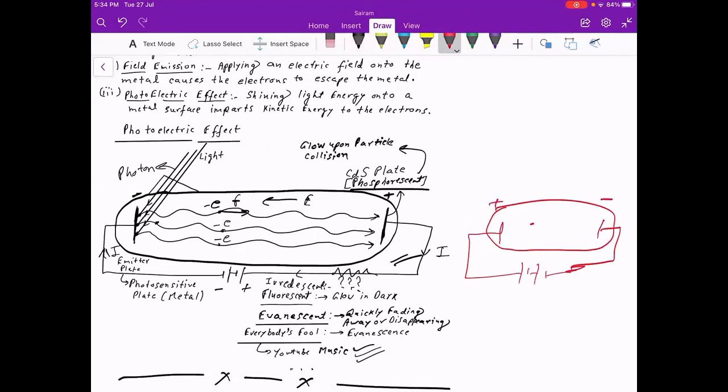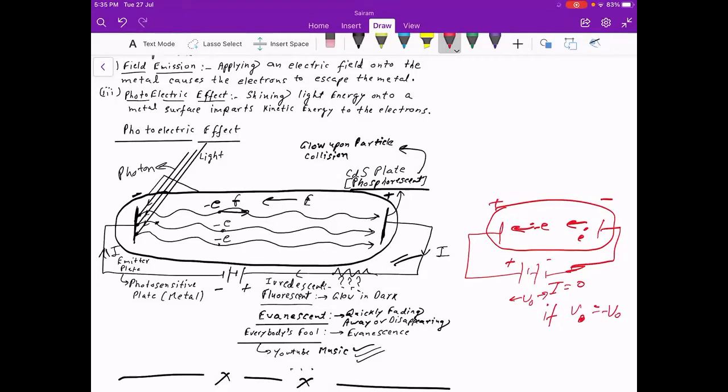In that case, the electron which comes out is attracted back. So even electrons which are very energetic will also finally end up in the emitter plate itself. So theoretically, 0 electrons reach the collector plate. If 0 electrons reach the collector plate, I is equal to 0. That happens if this stopping potential is there, potential V is equal to V naught, or you can say minus V naught.